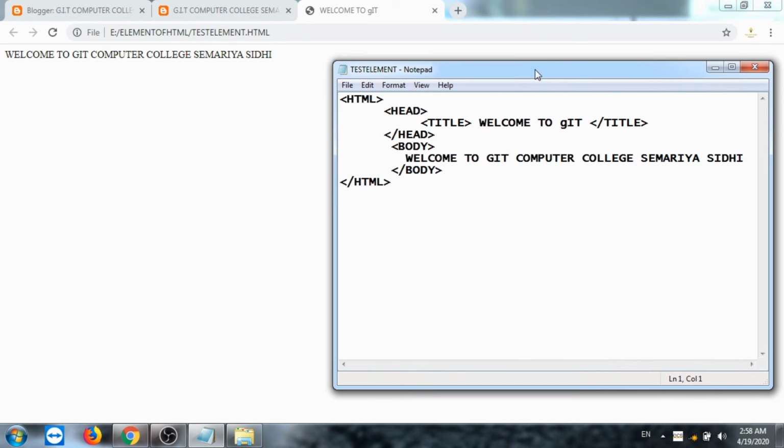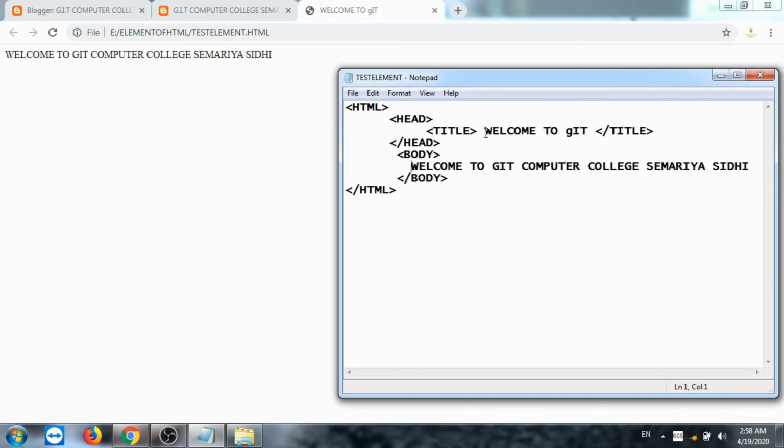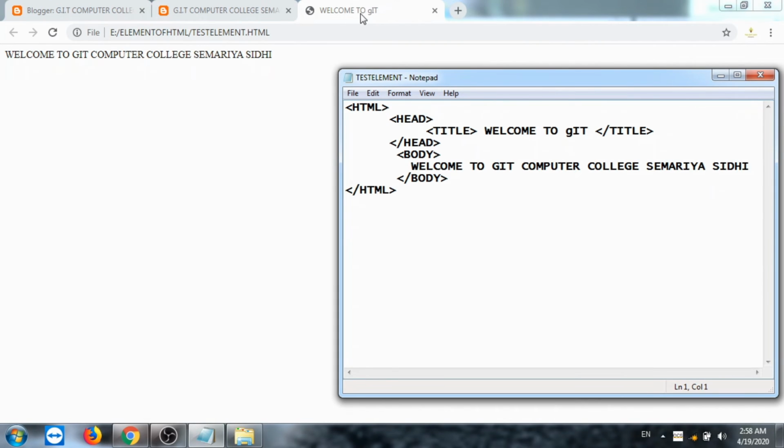You see here what we wrote inside title is showing here in the tab, and what we wrote inside body is showing inside the page.